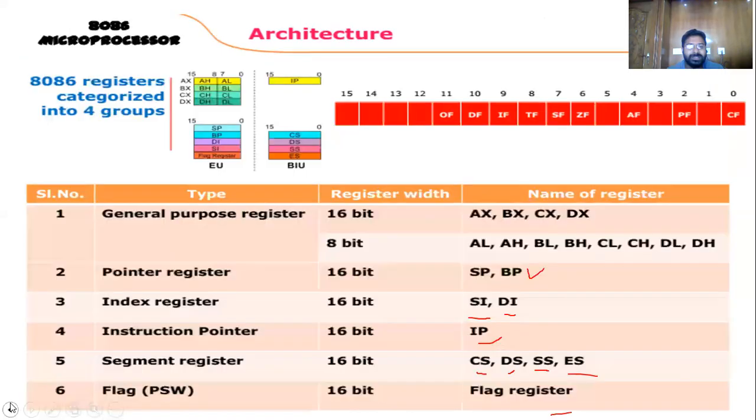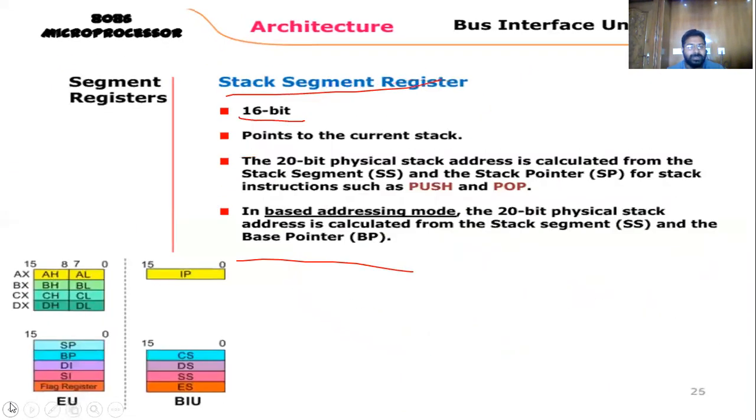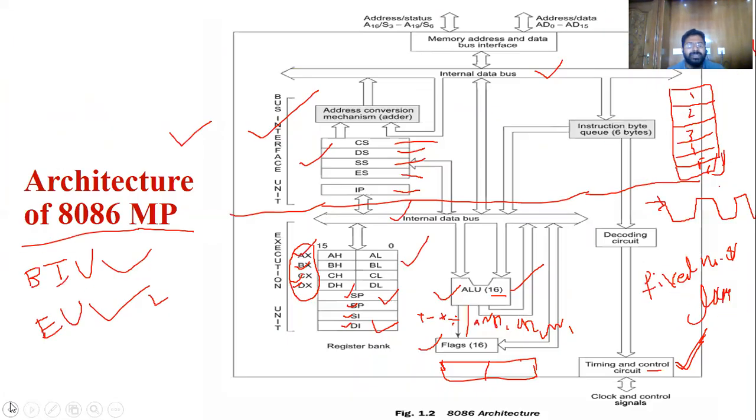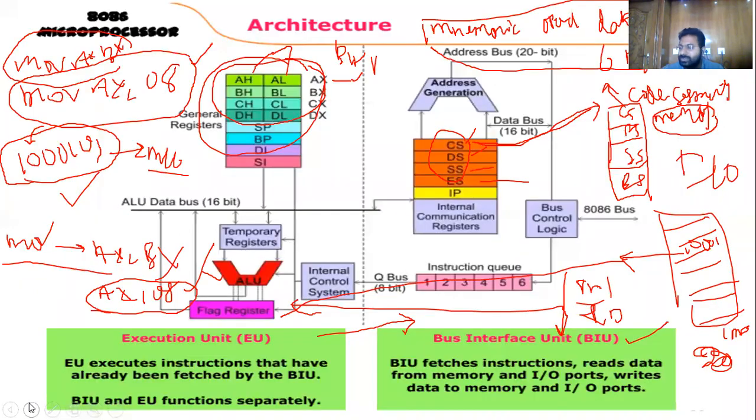Now, this is the end of the basic structure. Very easy. It can be divided into two simple categories: the execution unit and the bus interface unit. What the execution unit tells the bus interface unit, it fetches the information from the memory. According to that, the bus interface unit fetches the information from the memory or input output devices through the bus or address lines, coming to the execution unit, and the program is decoded and executed there.